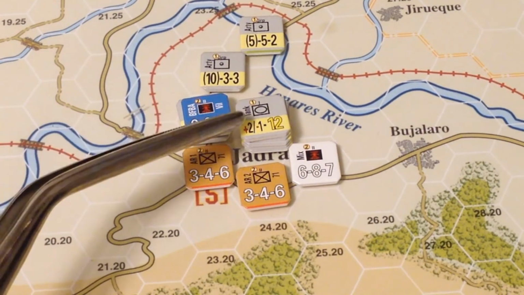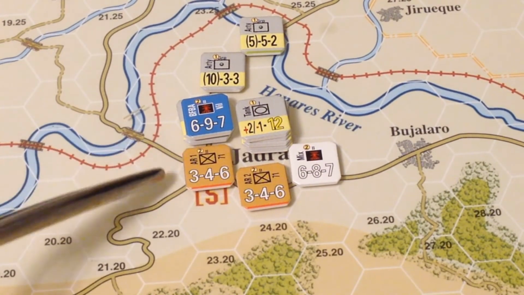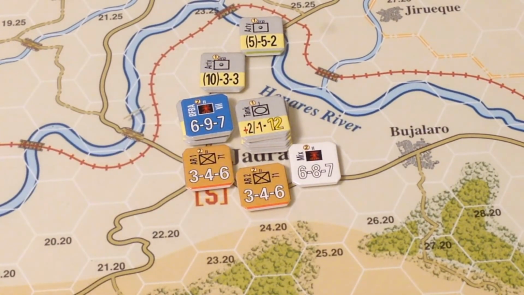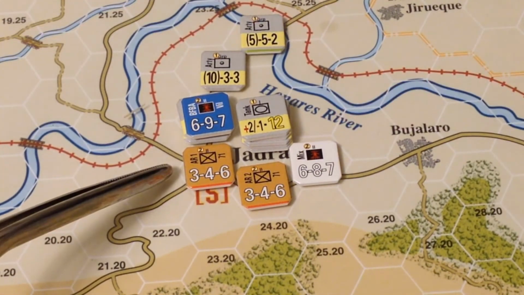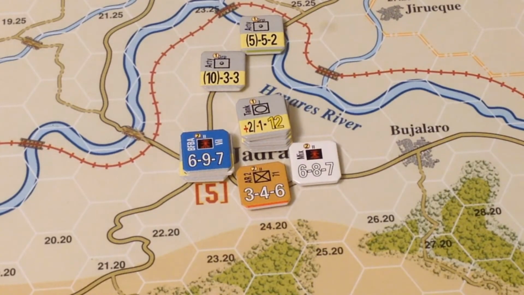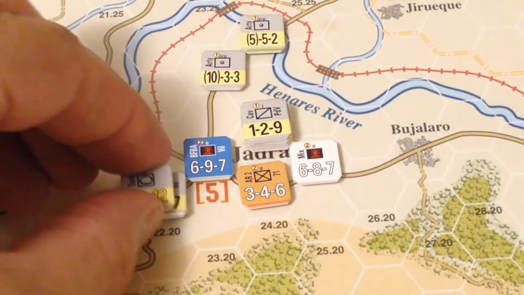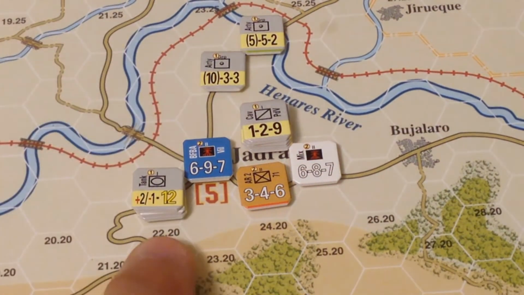In this stack, there are 4 cavalry units with 1 combat factor plus the tank company. So it's going to be 3-to-1 plus 2 for the tank company. The result is that the defender loses 2 steps and retreats 2 hexes. The defending unit is eliminated because it is a 2-step unit. The Nationalists capture Jadraque, and these 2 infantry units can advance an additional space because they're exploitation capable, as well